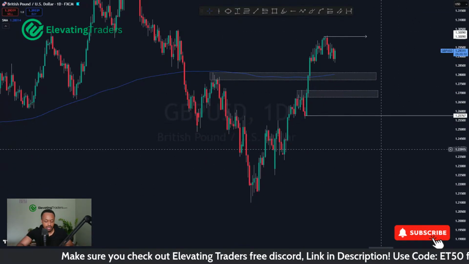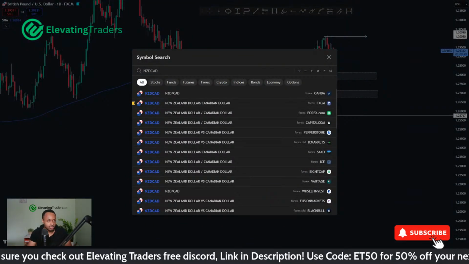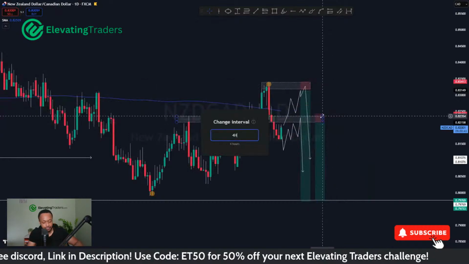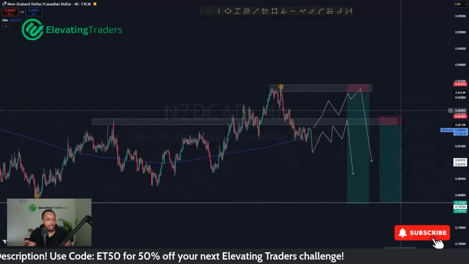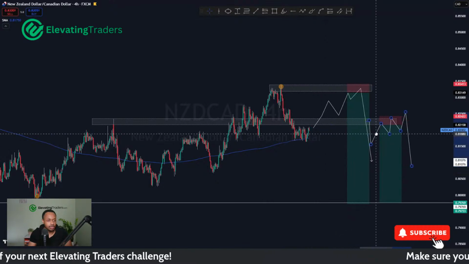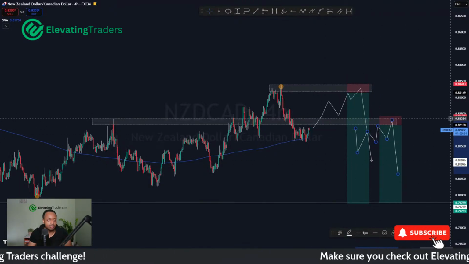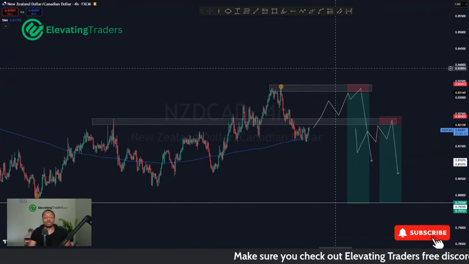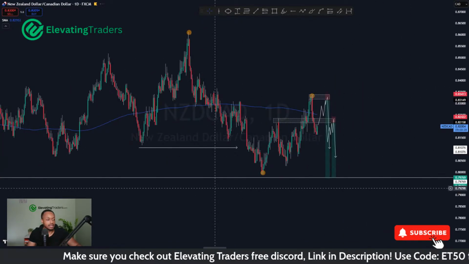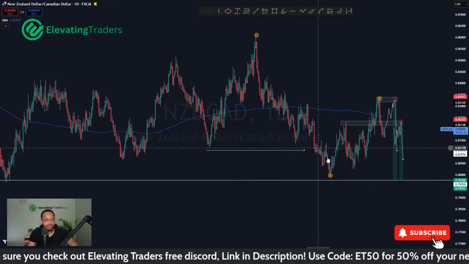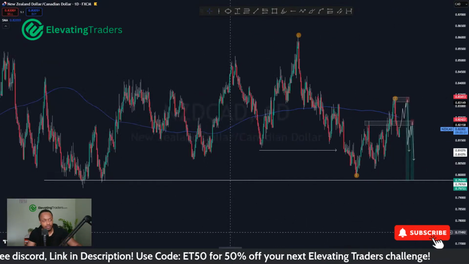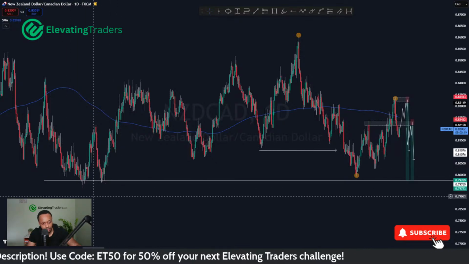And New Zealand CAD as well. New Zealand CAD, I like the shorts. Couple levels I'm looking at. Either the retest of the high up there or the retest of this level here. Like I said, I need a little bit of a bigger breakout before I do get short on this level. But yeah, I'm looking for a pretty big swing here for New Zealand CAD. The idea is that we broke through the swing low here, having a bit of a correction afterwards, and now we'll likely see the continuation of that move and smash into support down here.